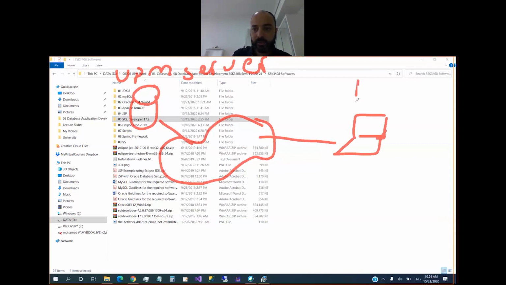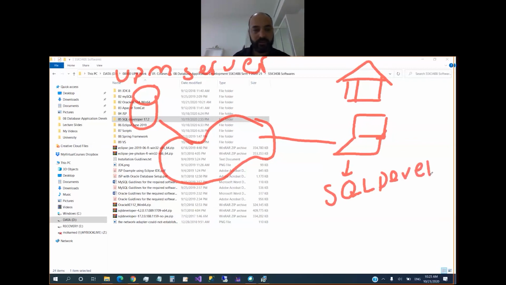So this is your home. Here, if you need to work on the UPM server, then the only thing that you have to install here is the SQL Developer. And if you use this architecture, your design and your database is going to be installed